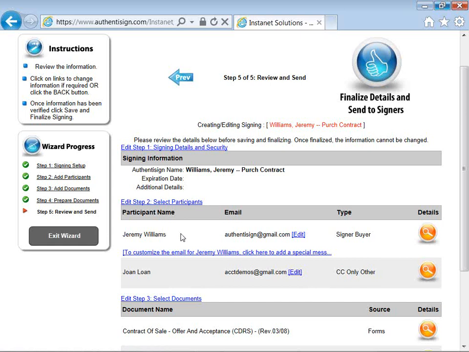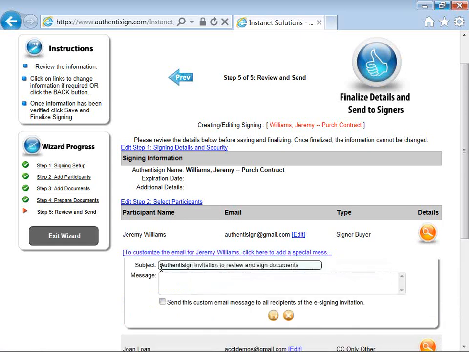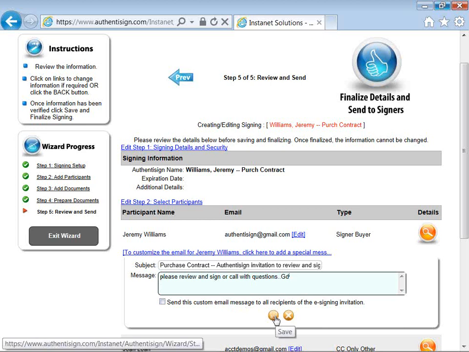Authentisign is going to deliver the email invitations. We can customize the subject line. We'll call it the purchase contract. So again, we're just customizing the email message that Authentisign is going to send. The subject line, the body of the message, please review and sign or call with questions, something like that. Personalize that Authentisign email, save your personalizations,